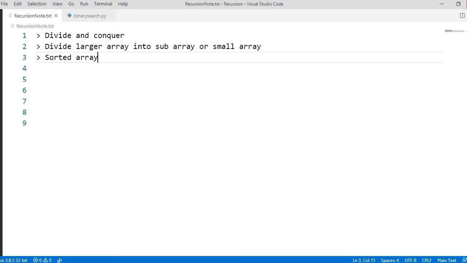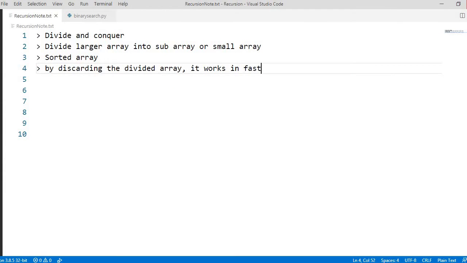Simple. So it works on a sorted array, and by discarding the divided array, it works in a faster way.